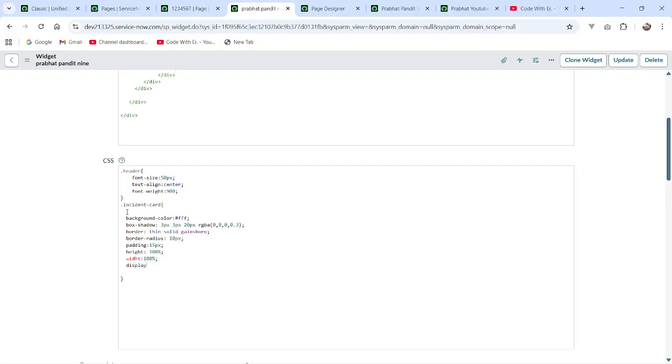So display flex. Close this. I can give the flex direction as well, column. Close this. Okay, and I can say here the margin top as well, 15px. Margin bottom I can also give 15px. Okay, so guys, as of now